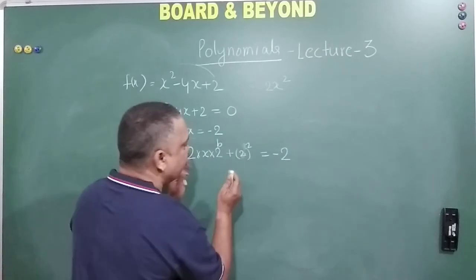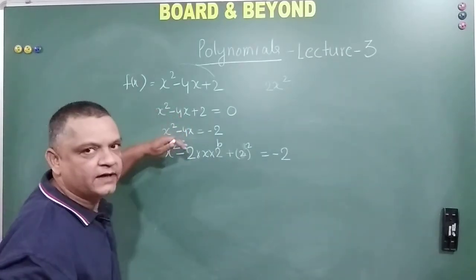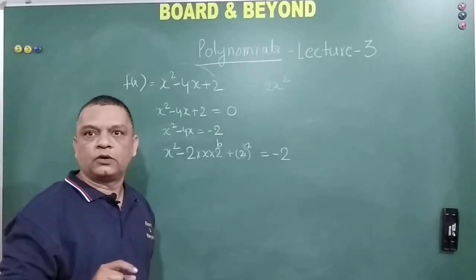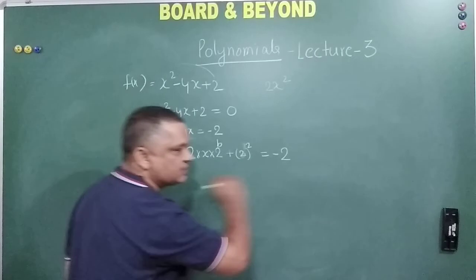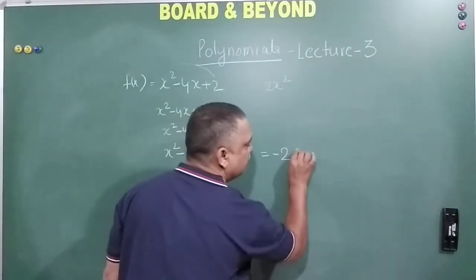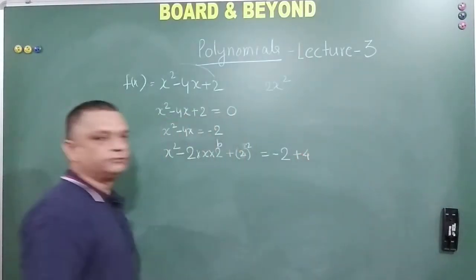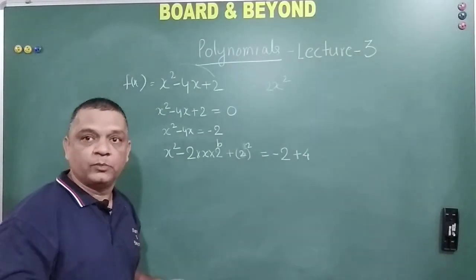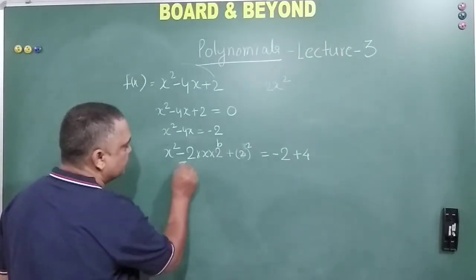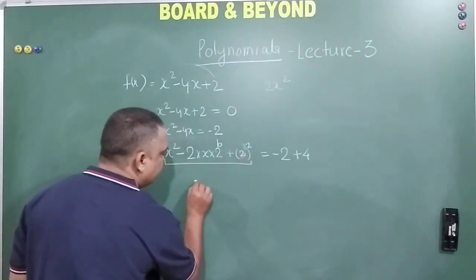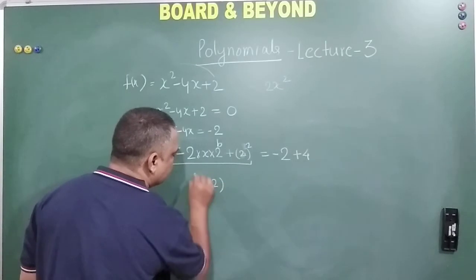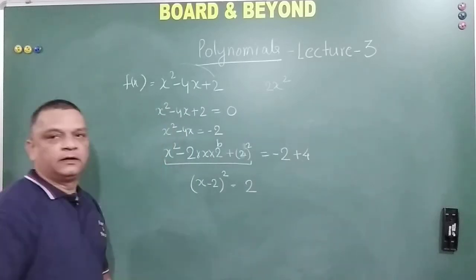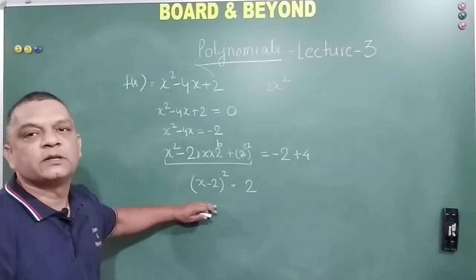Okay. So what we have done is that on the left hand side of the equation we have added 4. In order to not change the equation, we should add 4 on the other hand also. You are getting my points, friend? How do we deal with the equations which you are not able to factorize? Okay. So this whole gives me x minus 2 whole square is equal to 2 from right hand side. Now you are in a little comfortable situation.